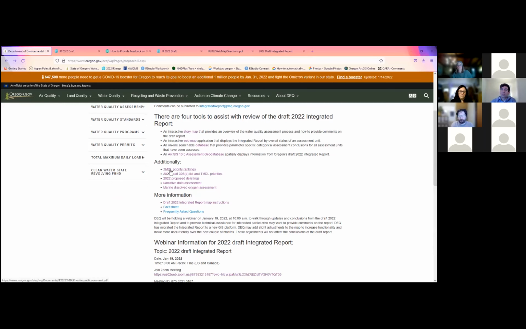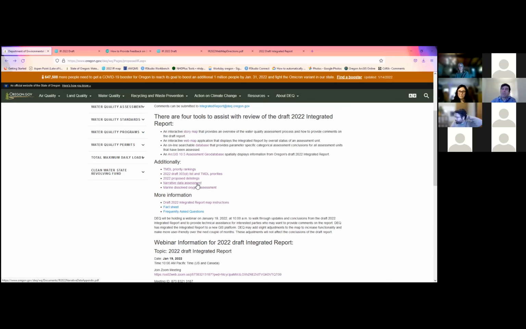We have our TMDL priority rankings, which list all of the category 5 parameters, the impaired parameters that don't yet have TMDLs or other management plans to address those pollutants, and how DEQ prioritizes the TMDL development. We have our draft 303(d) list or combined list. We have a spreadsheet of our proposed delistings, as well as a write-up of our narrative data assessments, which is primarily